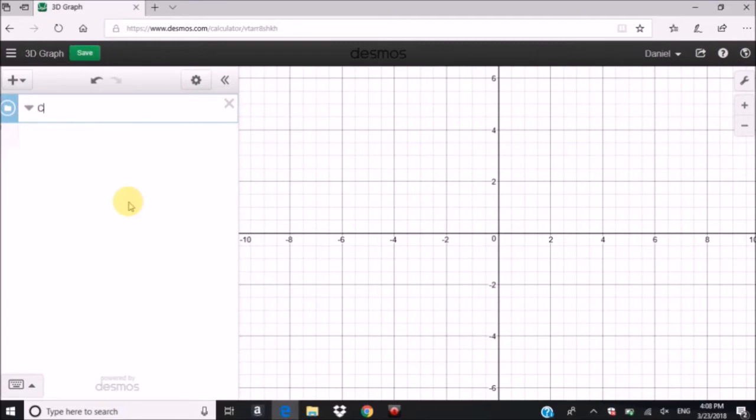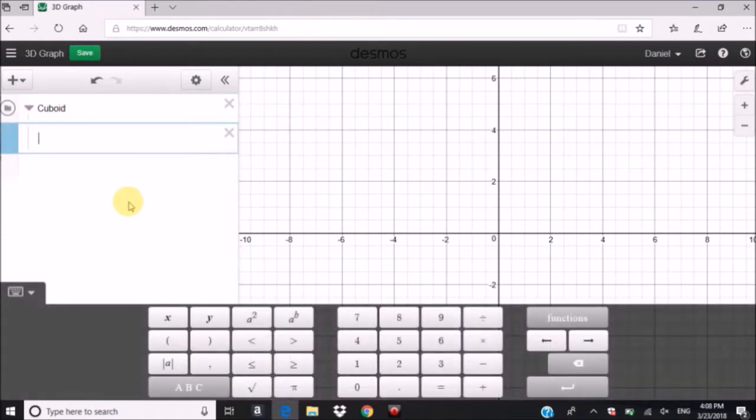So let's actually make a folder for a cube. It's not going to be a cube, it's going to be a cuboid, which means we don't have to have equal length on all the sides. So it's going to look more like a rectangular prism. You can make it a cube by making the width, height, and depth the same. So